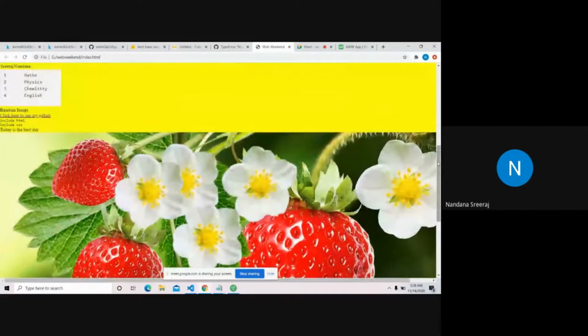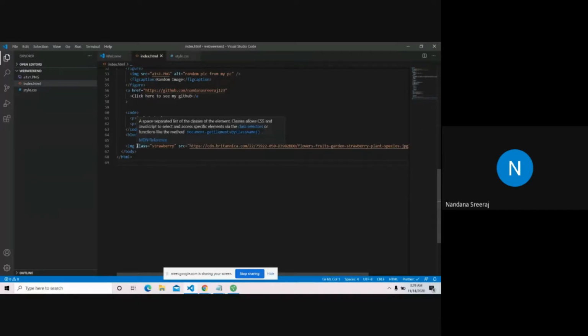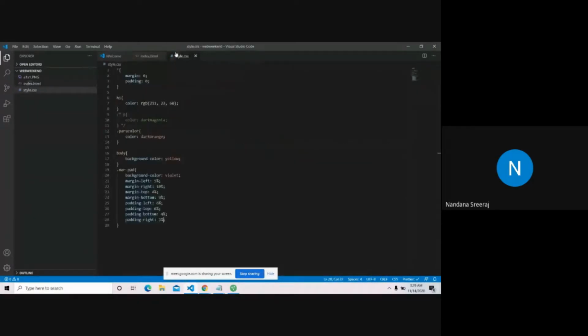So what I can do is that we have something called width, which helps us give the width. So where is the image tag? This is the image tag, right? We usually give class to div tags. Div tag is used for giving class names. But in such cases, for images, we can just give the class name to the image tag only. So what is the class name? Strawberry. I have given a class name strawberry to this image. And since it's a class name, I'll access it using the dot operator, strawberry.